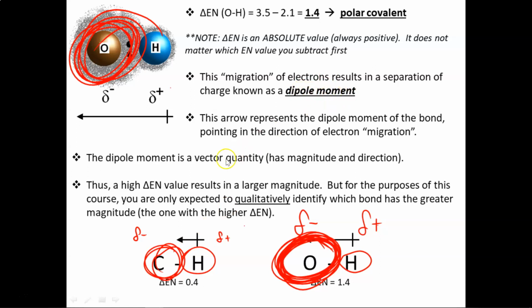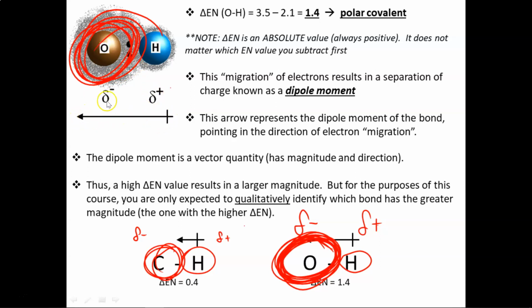Now, a dipole moment is a vector quantity, meaning it has both magnitude, so that's size, and direction. Dipole moments are there to show the migration or the movement of electrons due to the electronegativity differences in the atoms. All right? So if I've got electrons in the chemical bond, which direction are they moving towards? Which atom is more electronegative, or attractive for electrons? So of course, the arrow shows the direction in which the electrons are moving. In this case, the oxygen is dragging the electrons towards it,